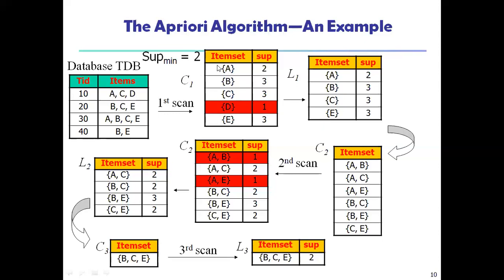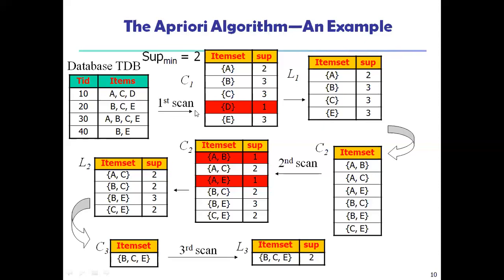So it is not matching with the support count that they have given. It is less than 2. They are asking for a minimum value of 2, but we are having the value as 1. So this row should not be considered for further analysis. It has to be eliminated. That's why they are shown in the red color symbol. So it has to be eliminated.